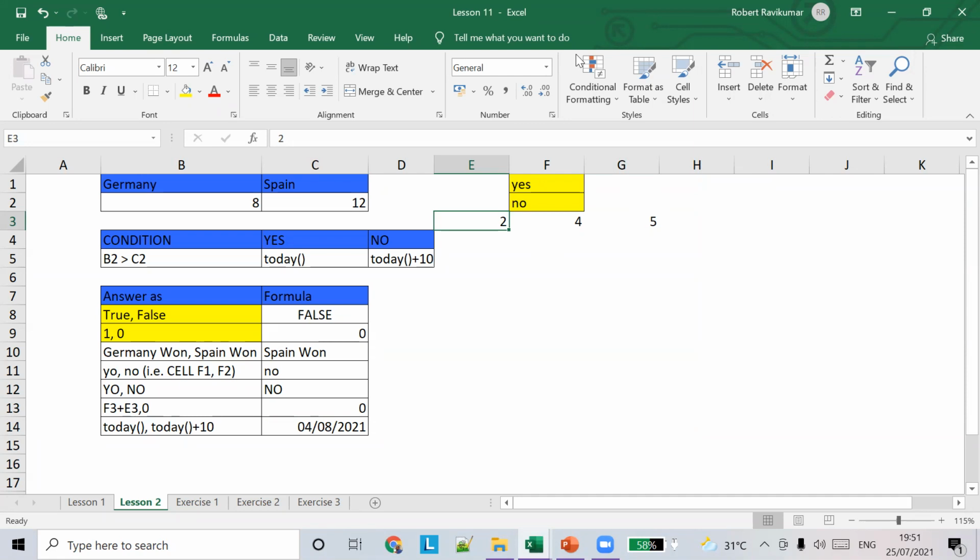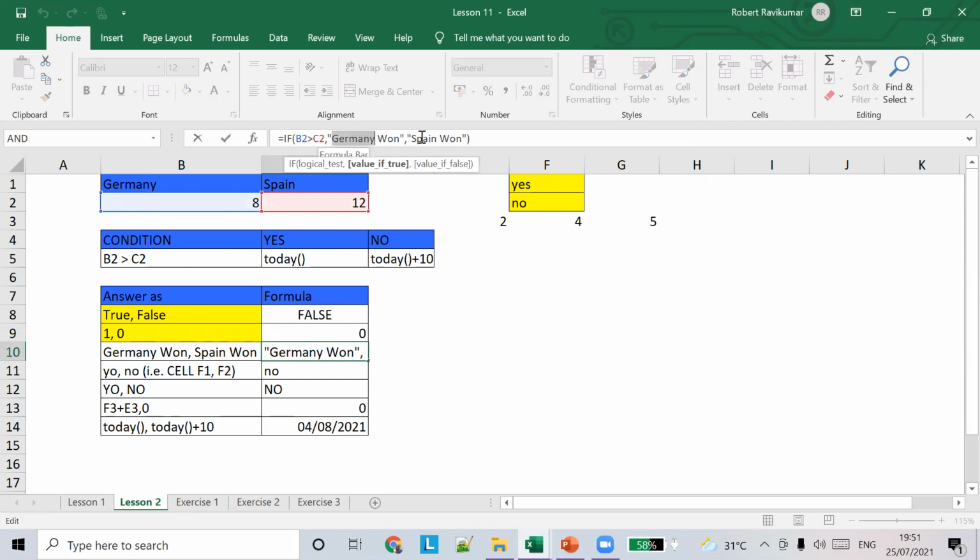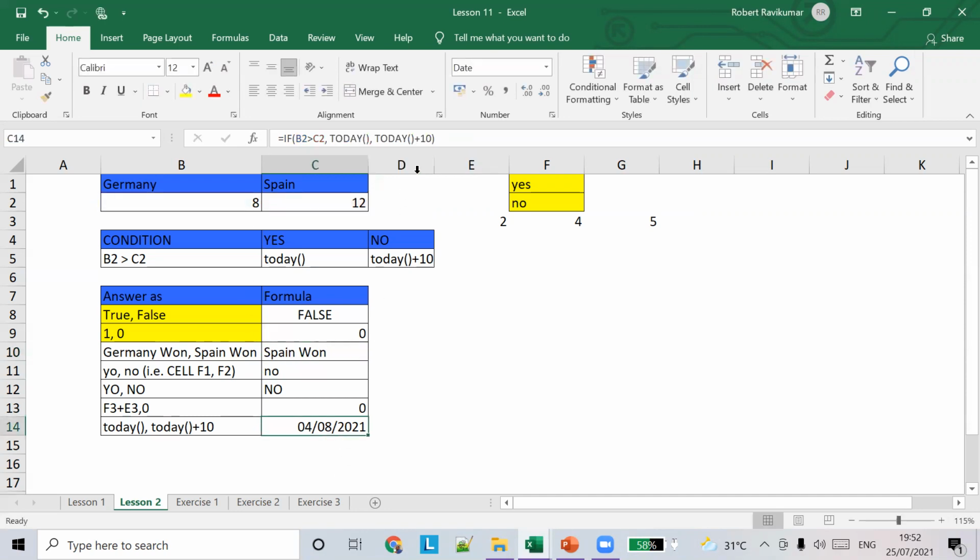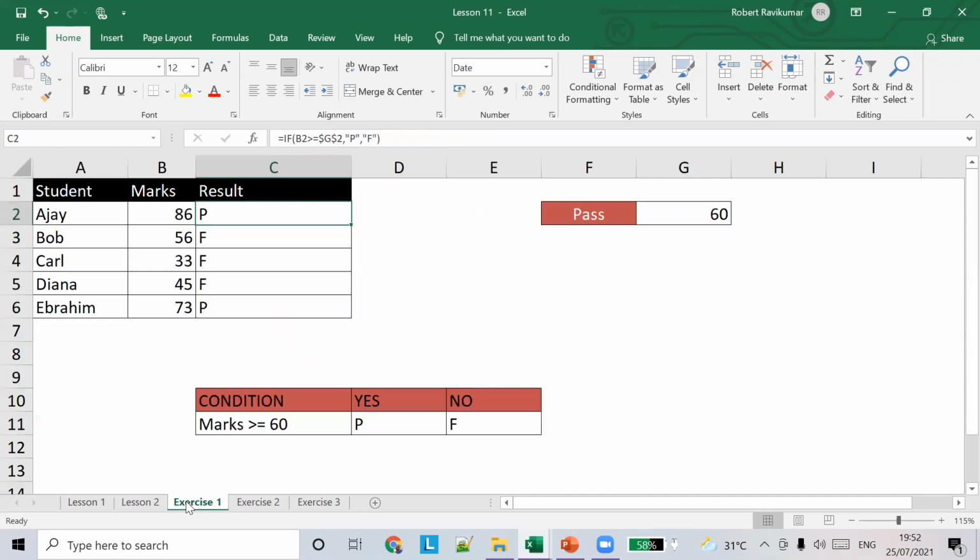So is that clear for you guys? Are there any doubts? How do we arrive at these formulas? See, in this example, what we're seeing is the output pattern. Germany won. So what could the second and third parameters be? It could be a function, a text, a Boolean value, a date, or a cell reference or something like that. So that's what we see in this example. You guys know this example already.